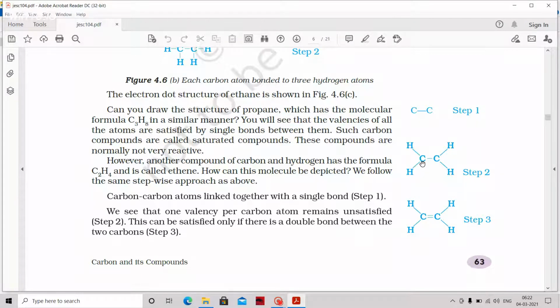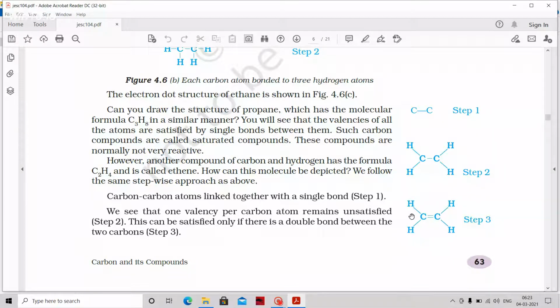That means you see, as in the previous analogy where one guy wants sweets of 1 kilo, if we have provided him the sweets, then he was satisfied, he was happy, so it is saturated. If you have provided less, then it is unsaturated. Similarly here, each carbon should have 2n plus 2 hydrogens. But here, for 2 carbons, 2n plus 2 means 6 hydrogens I should give. But I have given only 4 hydrogens to this compound. Since it has a lack of hydrogens, what does it do? It does bonding with the same carbon one more time.